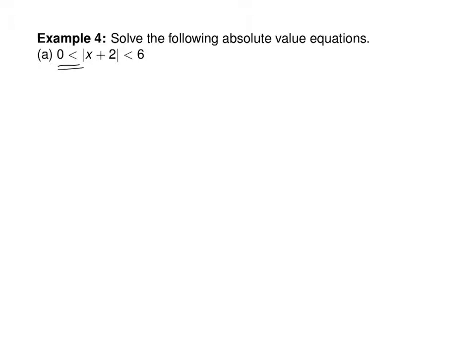And absolute values, like if I write down this, absolute value of x plus 2 is less than 6, that kind of has a less than or equal to 0 in it. Does that make sense? Because this expression, it's never going to go negative, right? But it could go down to 0, and that's okay. So this expression in part A is the exact same as the previous part B, except you have to leave out